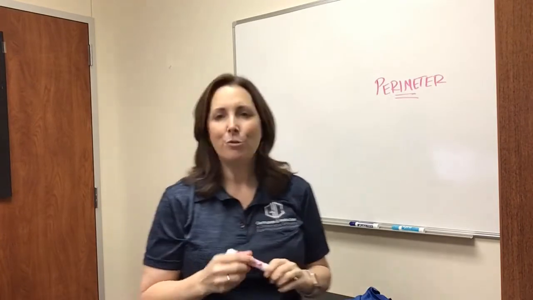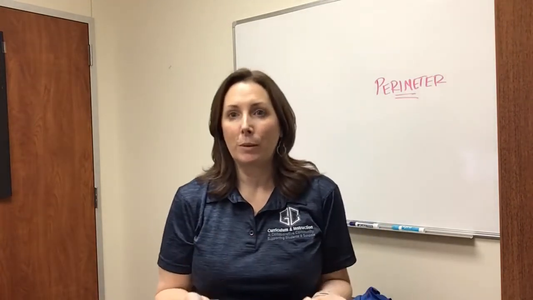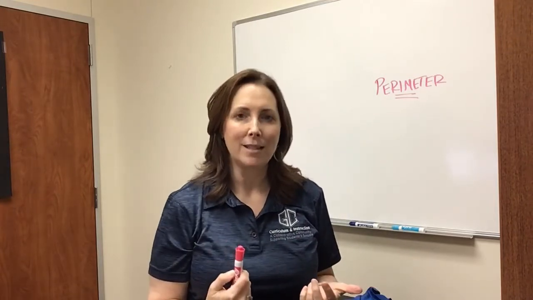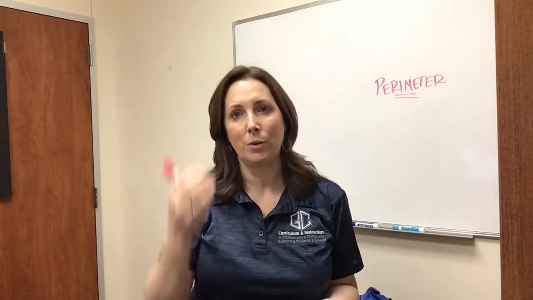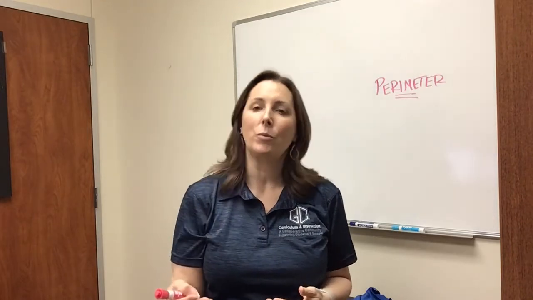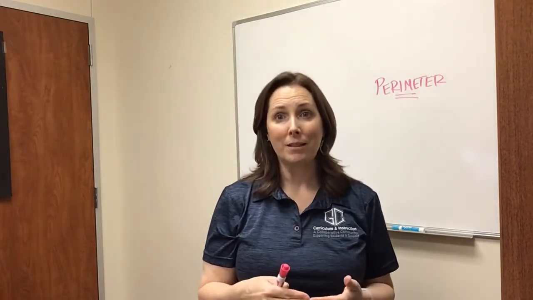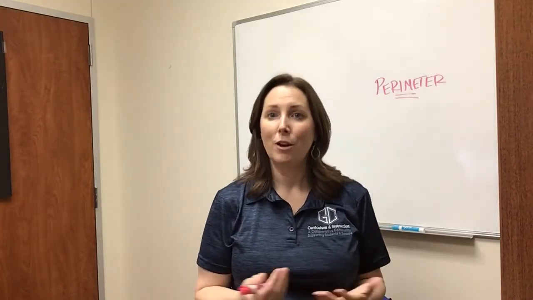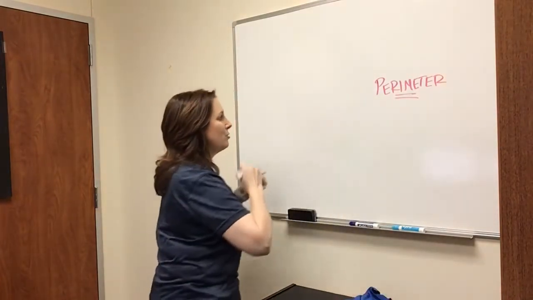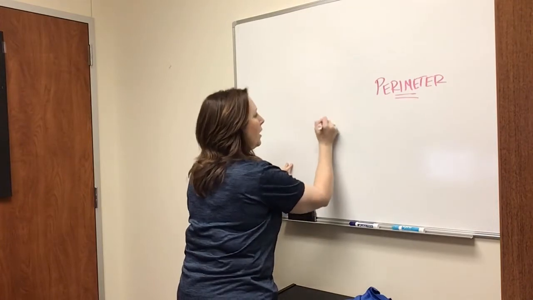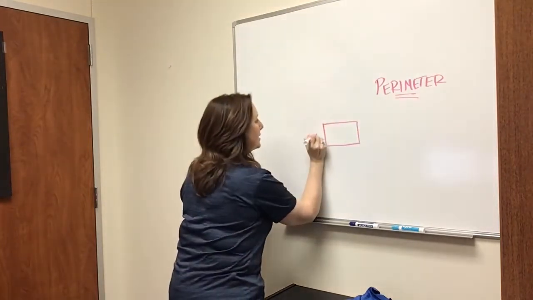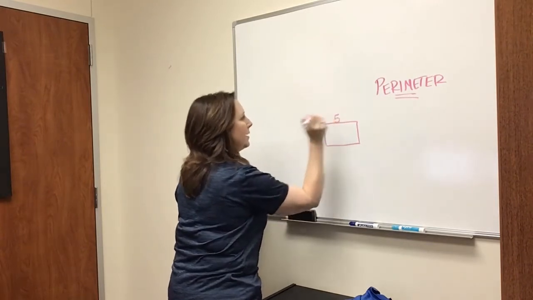Now, usually once kids understand what perimeter is, then they understand why you would add all the sides of a figure up to find the perimeter. And so that's not typically where the struggle is. Typically, the struggle comes with things that we don't really expect as adults. For example, if I asked the student to find the perimeter of a rectangle, and I gave them this rectangle, and I said this side is 3 and this side is 5,